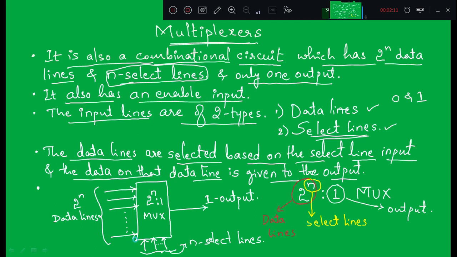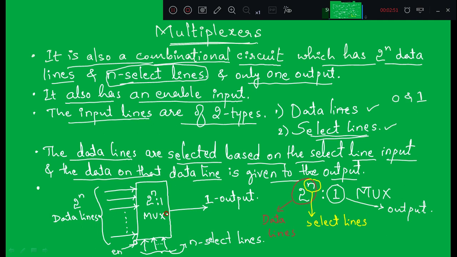Okay, so this is the symbolic form. I have missed one input here, which is called enable. This is the active low enable, and inputs are active high. Both kinds of inputs are active high, that is data lines as well as select lines, and the output is also active high. Only the enable pin is active low. So there is a bubble here. Please observe this bubble. This bubble tells you enable is an active low input, and arrow marks denote whether they are inputs or outputs. If they are inward, then they are inputs. If the arrow mark is outward, then it is an output.